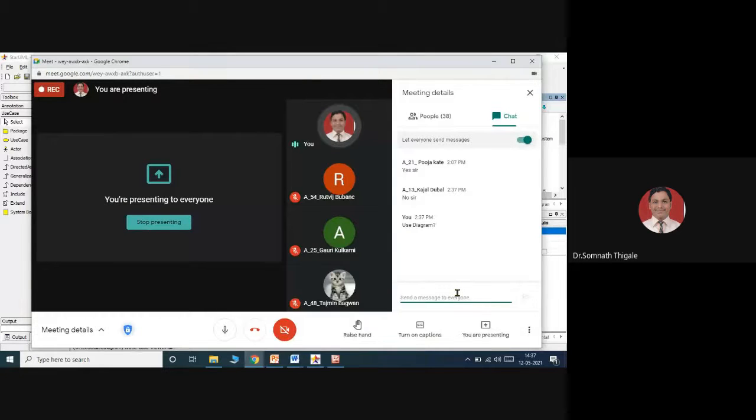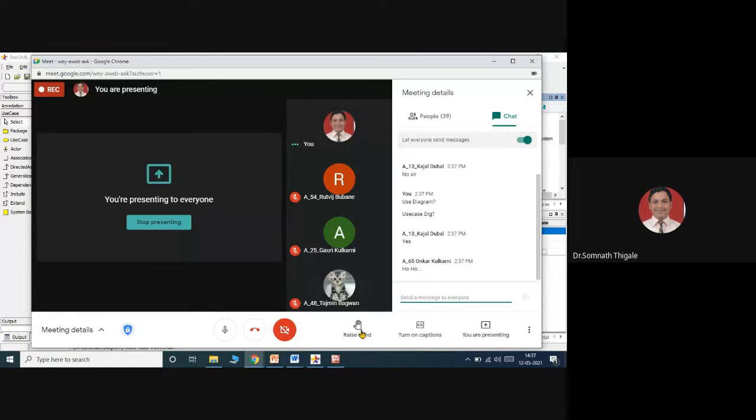Any question regarding the use case diagram? Shall we go for the next part? Yes, reply something. Yes, no. Okay. Onkar Kulkarni says yes. Yes, Onkar, we will go.